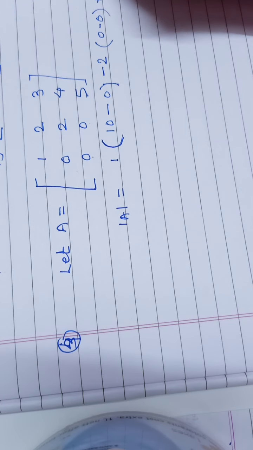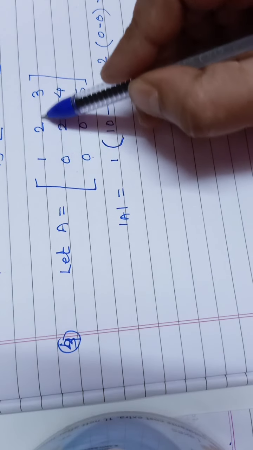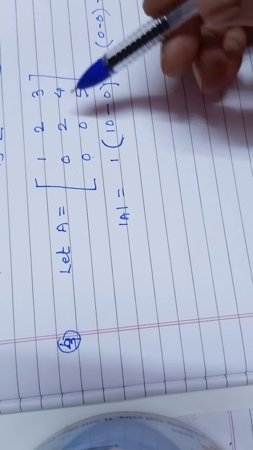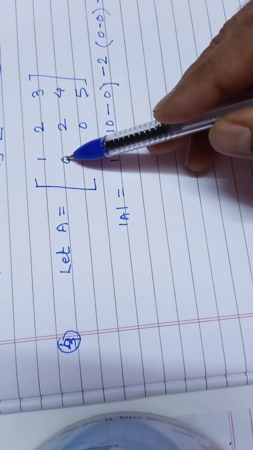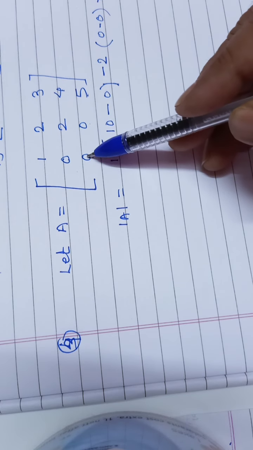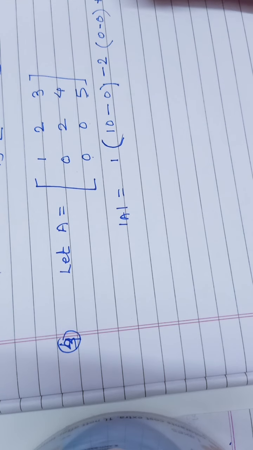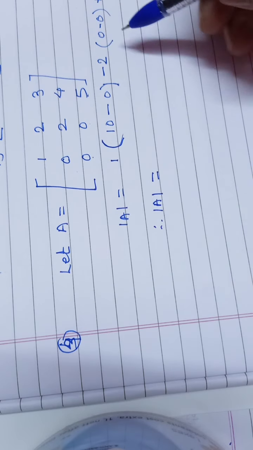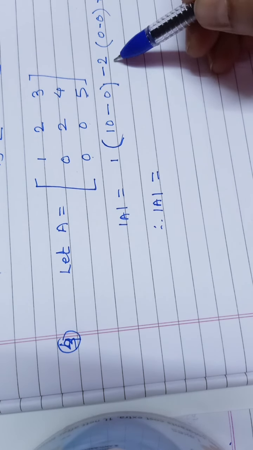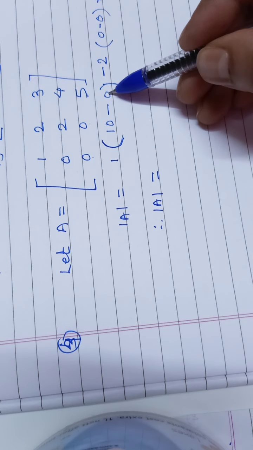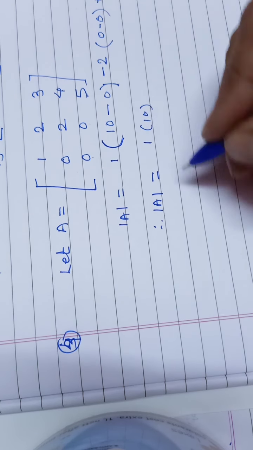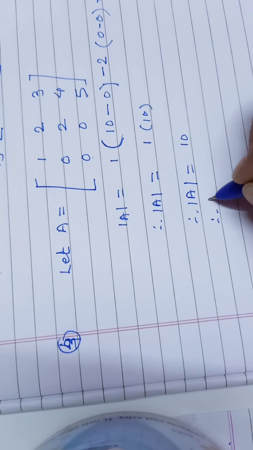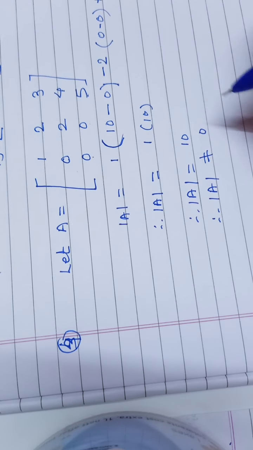And finally it is plus 3. This 3 lies in the first row and last column. So these 4 elements are remaining. Cross multiplication, 0 0s are 0 and 0 2s are 0. So it is 0 minus 0. Therefore determinant A is equal to, whole this becomes 0. So it is 10 minus 0, that is 10, and 1 10s are 10. Therefore determinant A is not equal to 0.